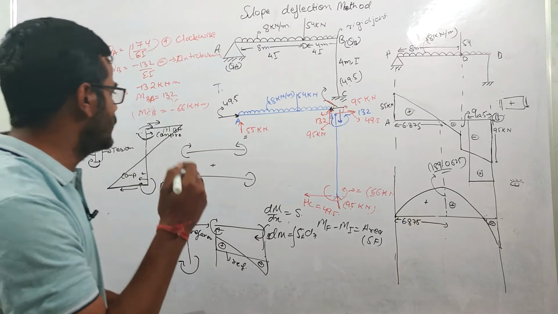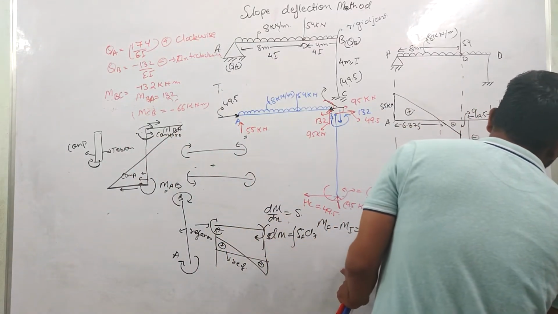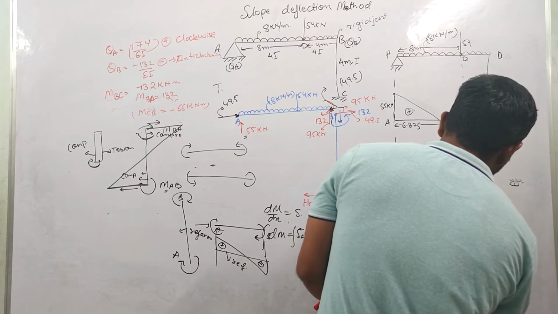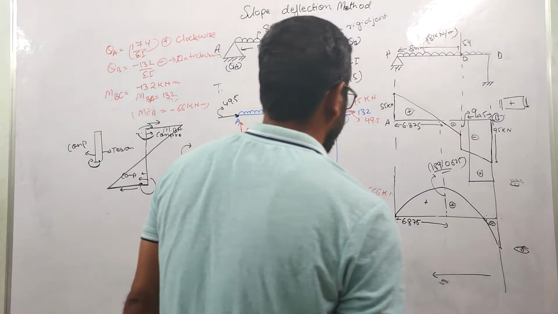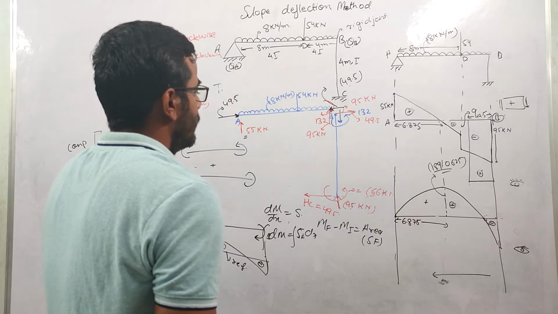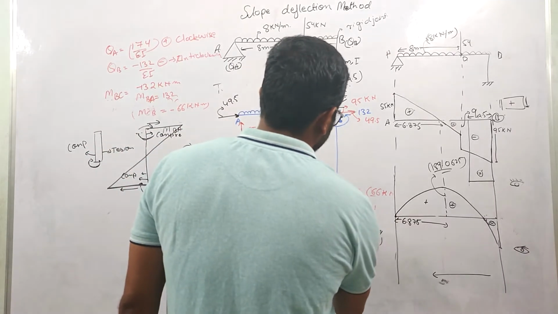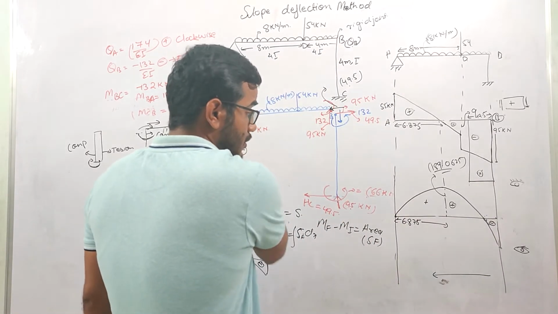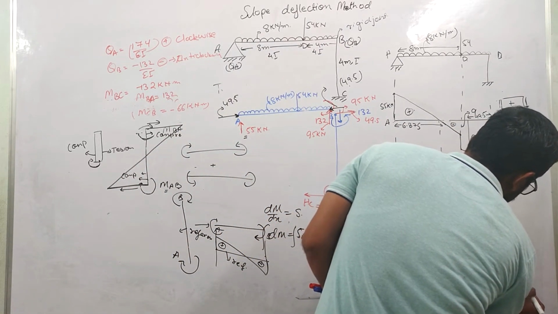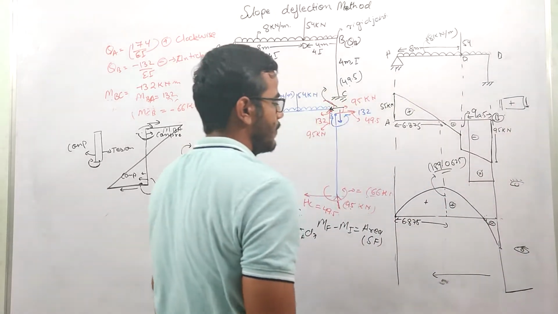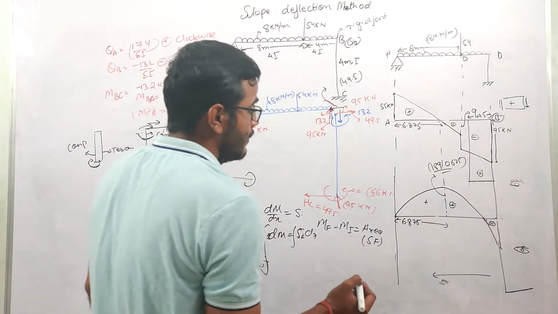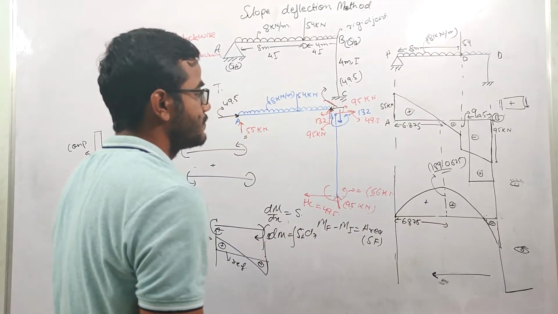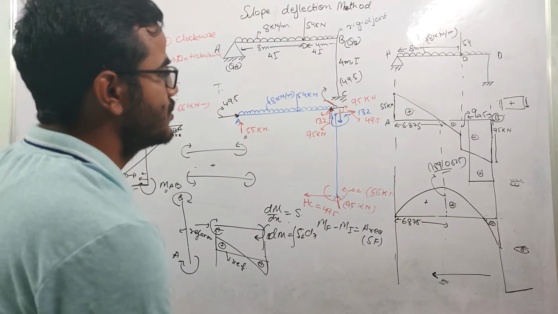Again, if we come to this figure and look from this side, I'm assuming this is the positive axis. At this point, the bending moment is anti-clockwise, so it will start from here, because I'm assuming this is our positive direction. The same we assume for the shear force also.